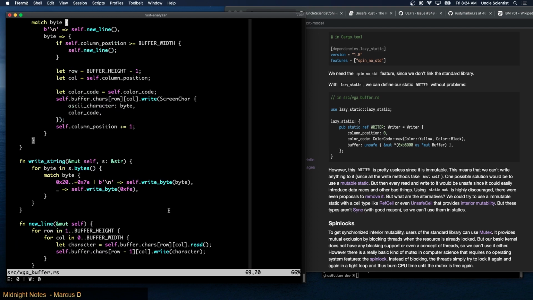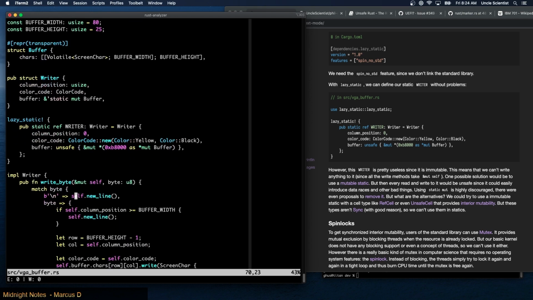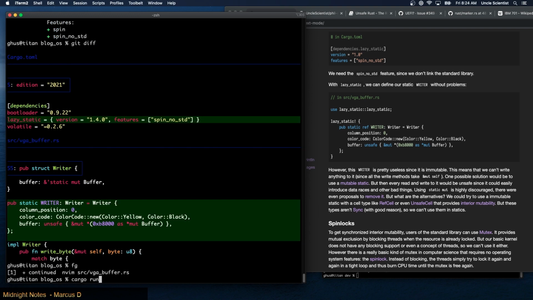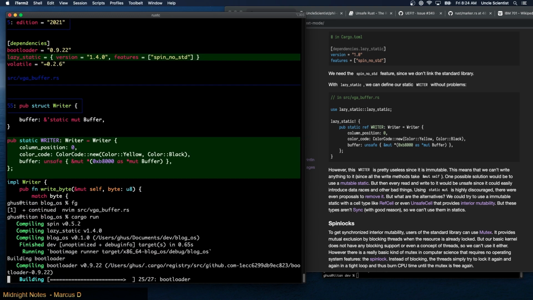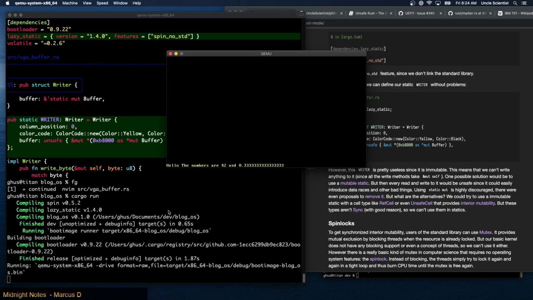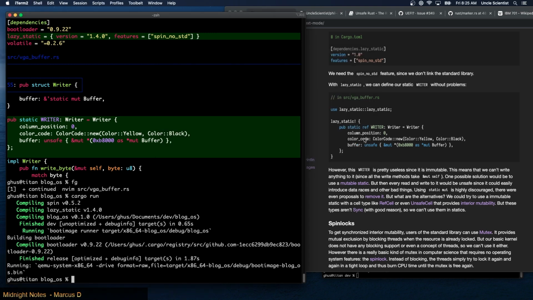Huh. I would have thought that it would complain. Oh, maybe it'll complain at runtime. No, it works. It works just fine. Maybe lazy static 1.4 works with